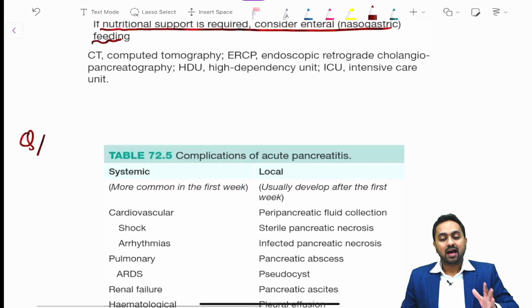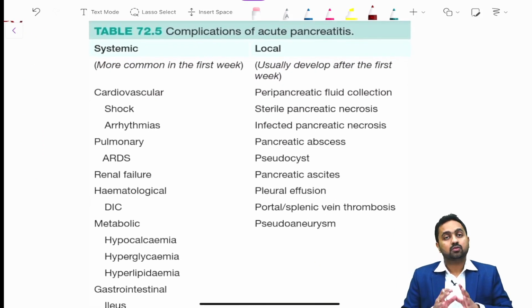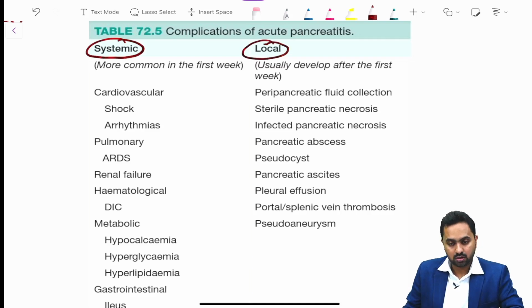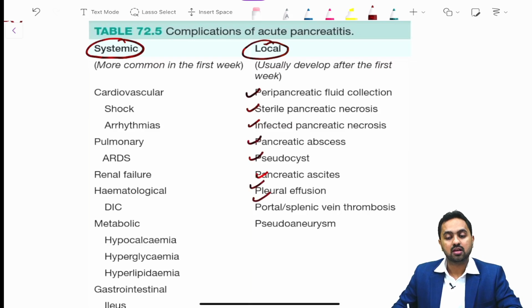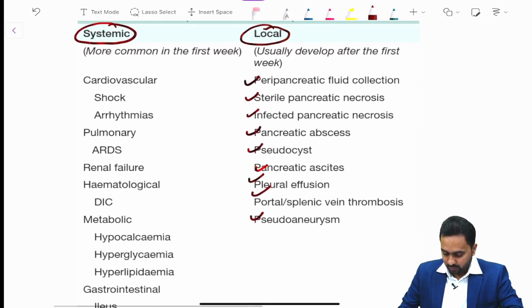Now, again we have a next table that I have taken from your Bailey and Love, which includes the complications of acute pancreatitis. So, the main complications of acute pancreatitis could be divided into 2 groups, that is systemic and local. Your local complications include your peripancreatic fluid collection, sterile pancreatic necrosis, infected pancreatic necrosis, pancreatic abscess, pseudocyst, pancreatic ascites, pleural effusion, portal or splenic vein thrombosis and pseudoaneurysm, whereas your systemic complications include your cardiovascular, shock, arrhythmia, pulmonary ARDS,